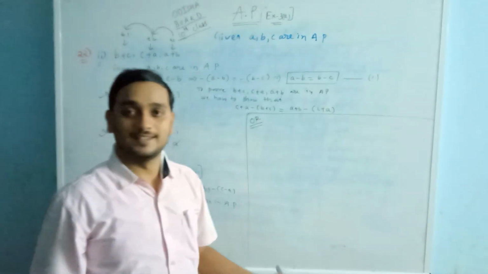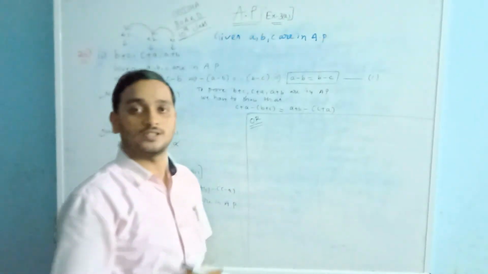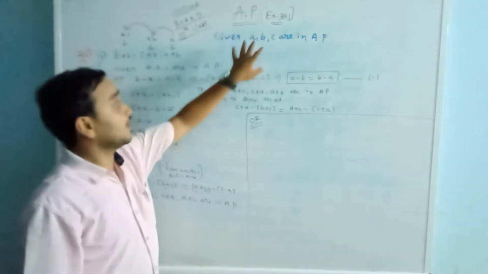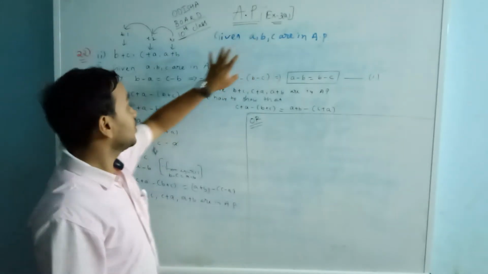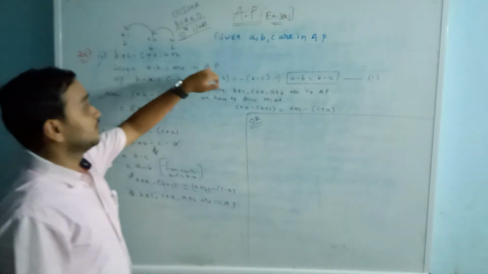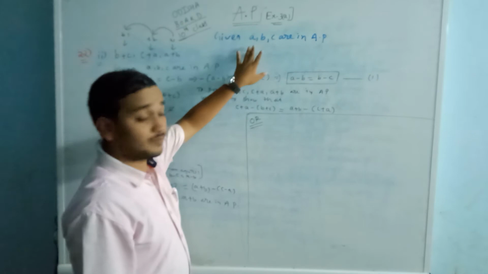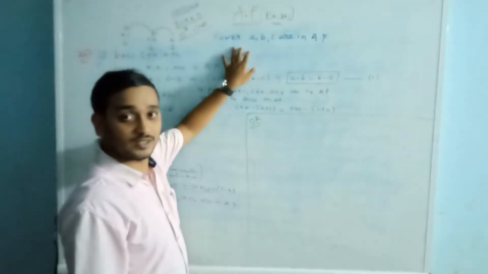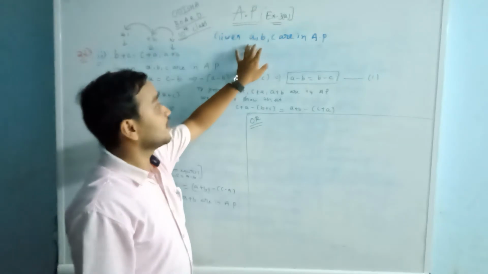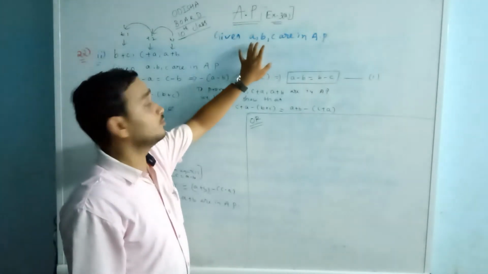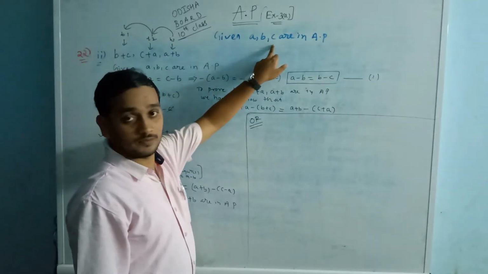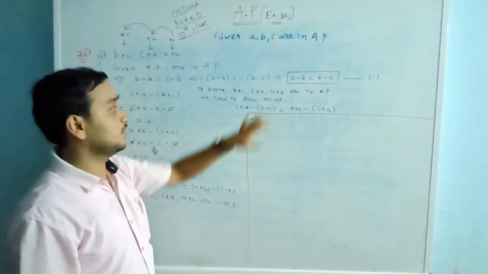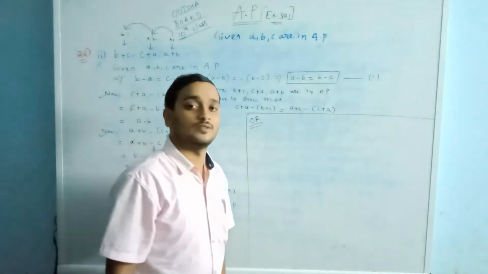See, there is an alternative method of this question. What? A, B, C are in AP. We have to prove this AP. I have told you, if any same number is divided or subtracted or added, whatever may be, the same process will continue if the three terms, then the new numbers obtained are also in AP series. Okay, now